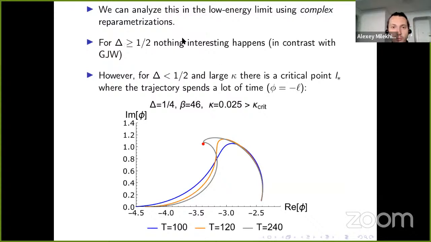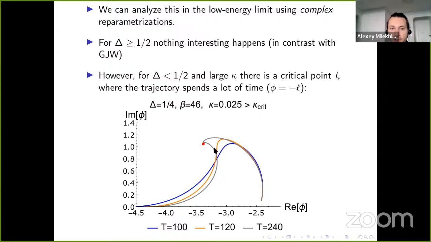So now what is interesting is that for delta greater than 1/2, not 1, but 1/2, nothing interesting happens. These trajectories for L plus and L minus just run away to infinity again, and the Einstein-Rosen bridge grows. However, for delta less than 1/2 and large kappa,